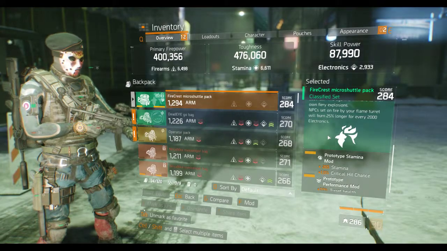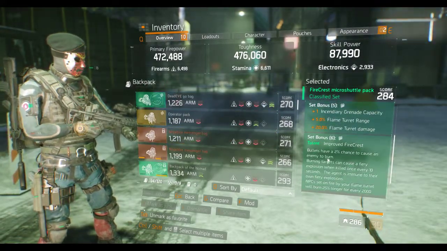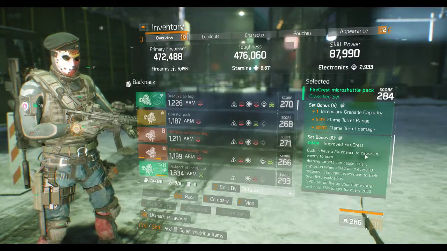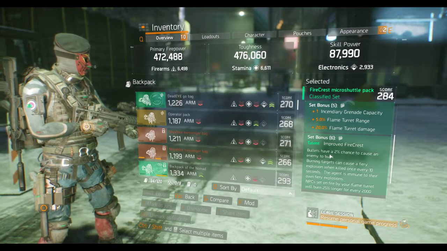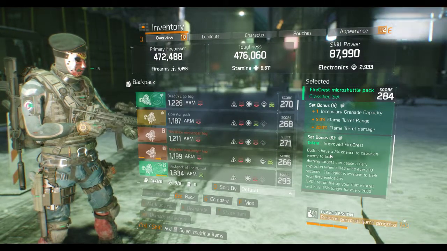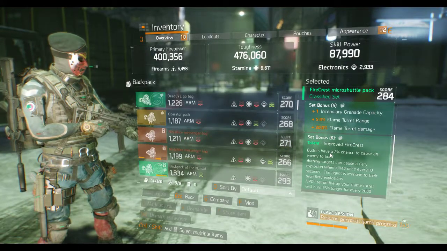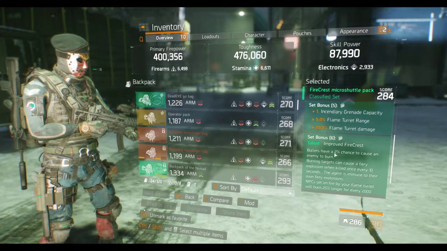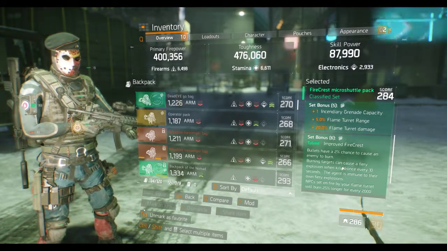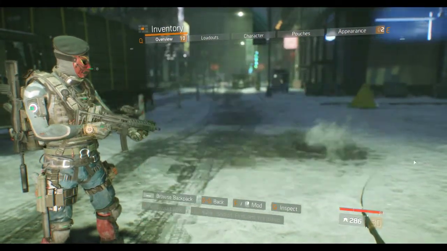So the biggest part about being a 6-piece is the fact that bullets have a 2% chance to cause enemies to burn. So basically, you can't go wrong with that. I mean, that actually works in PvP as well. So burning targets cause a very large explosion if it's...